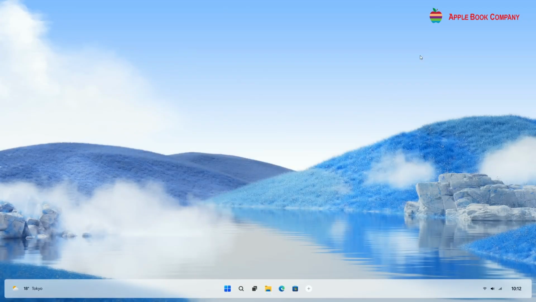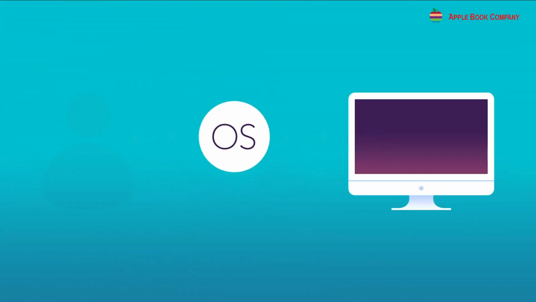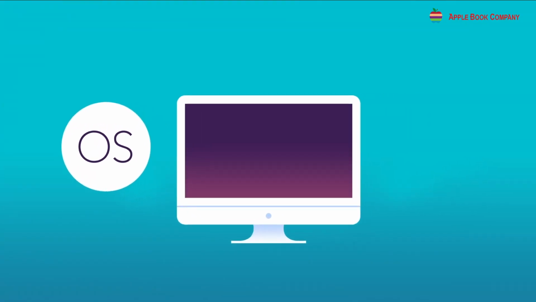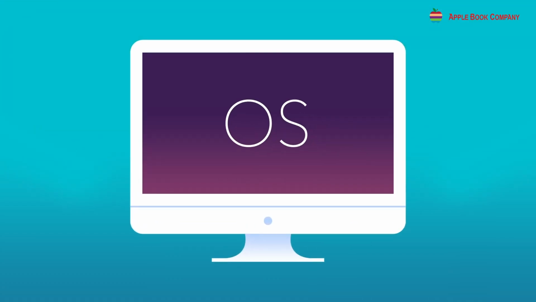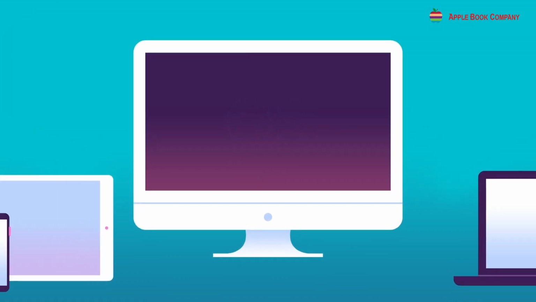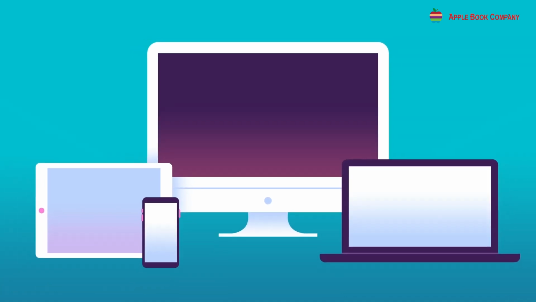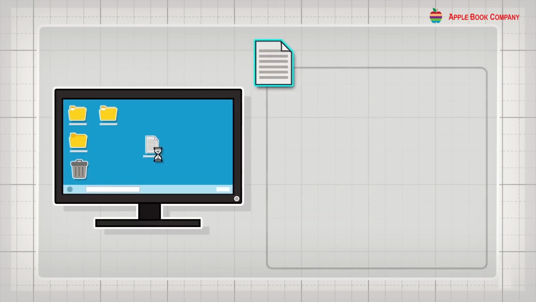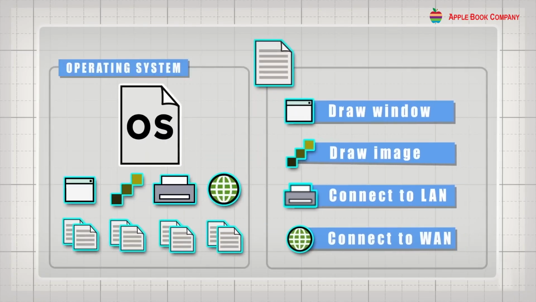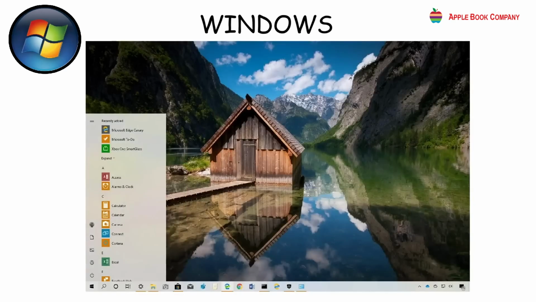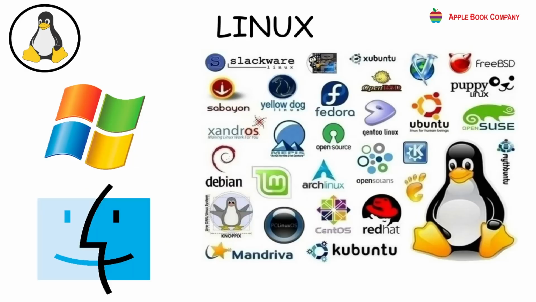It consists of the operating system, OS. The operating system is the most important system software. It controls all the hardware and software on the computer and provides a platform to run other programs. It also acts as an interface between the user and the computer. Examples of operating systems are Windows, Mac OS, and Linux.